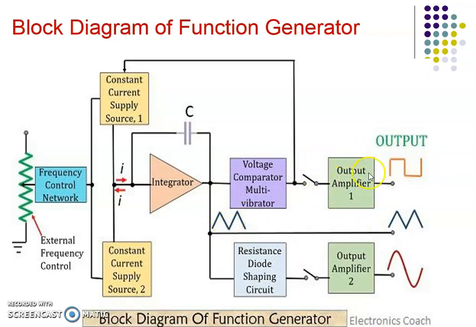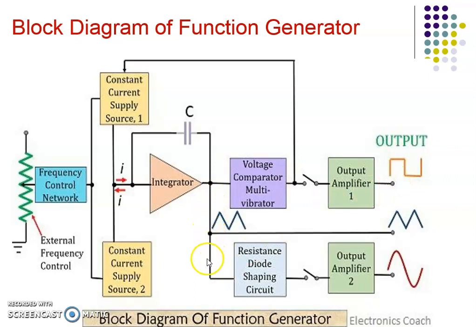Further, an amplifier is connected if we want, because it is possible to set the amplitude of the output waveform also. The amplitude of the output waveform can be set using this amplifier. A knob is provided on the front panel. By changing the gain of the amplifier, we can change the magnitude of the output. In this way, we also get the second waveform.